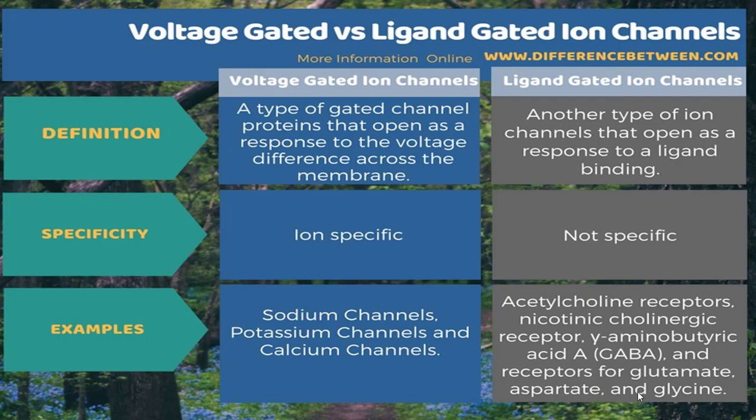That's why the cell membrane, or cell, is negative inside actually. Resting cell membrane potential is negative and the cell inside is negatively charged. Why? Because most of the potassium, a large amount of potassium, is stored inside the cell. So potassium is always trying to move out of the cell through leak channels.